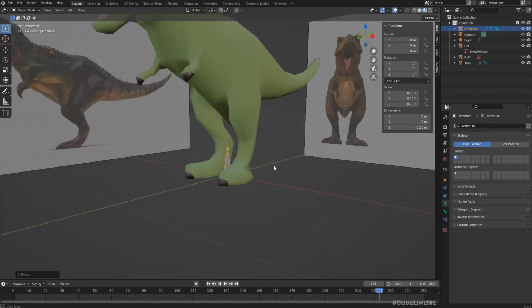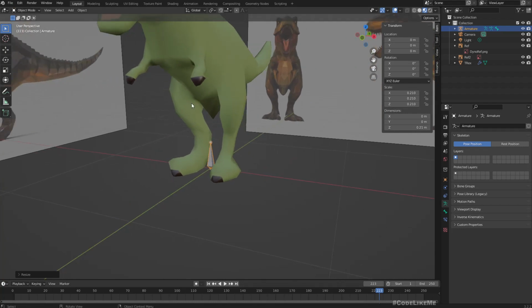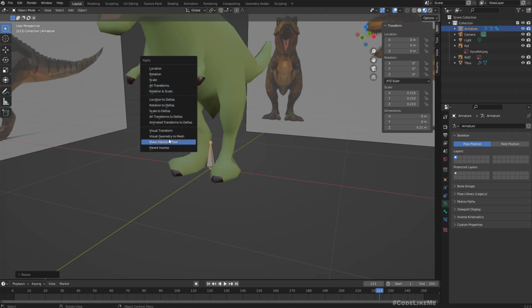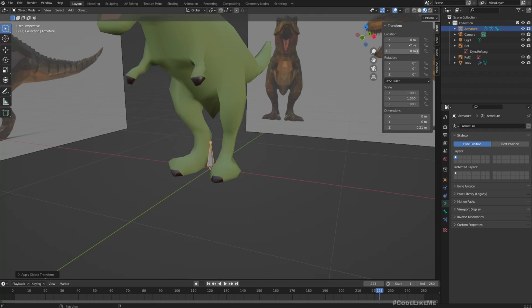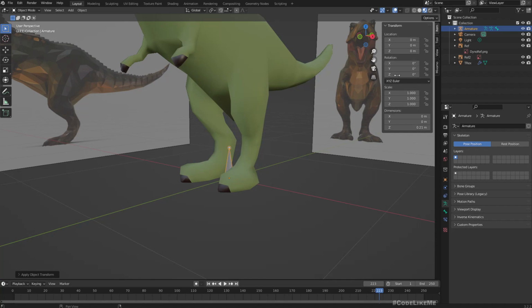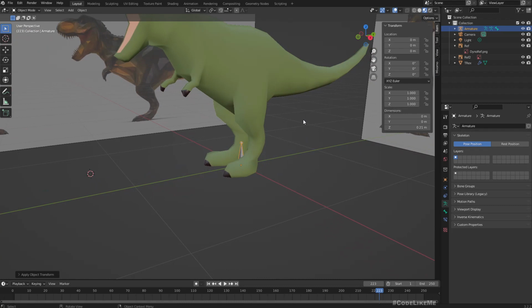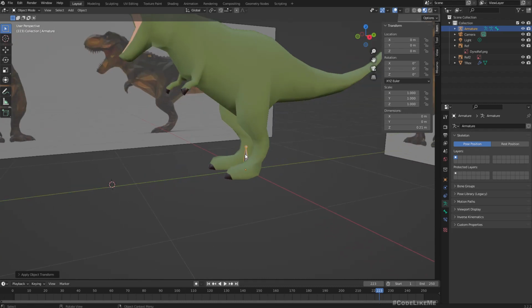Okay, before that we are still in object mode. Press Ctrl A to apply all transforms. Now the scale of the bone is set to 1 1 1 and rotation, everything is 0 0 0 0. It's better when we do other modifications later. Now select this and go to edit mode by pressing Tab or switching it here,